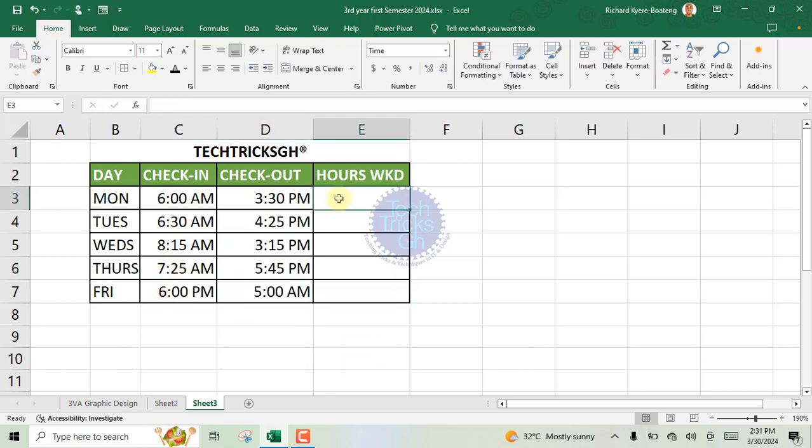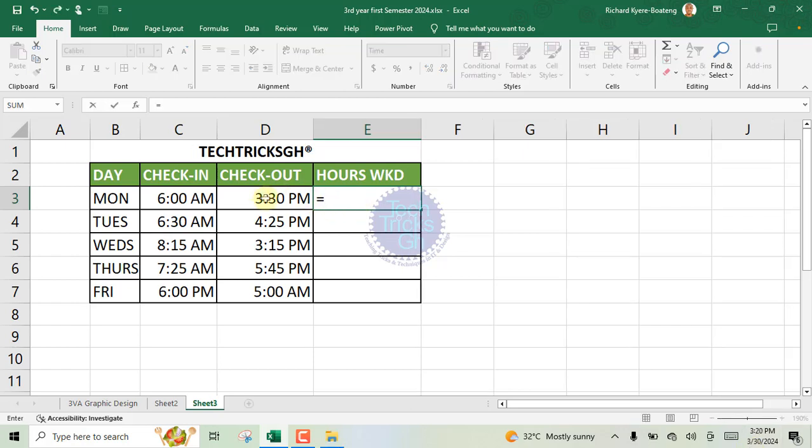It is now time to compute the hours worked for each day. Begin with an equal sign. Select D3 minus C3. Press the Enter key on the keyboard to generate the results. That's it. Let's drag the black square at the lower right corner to apply the formula to compute the rest